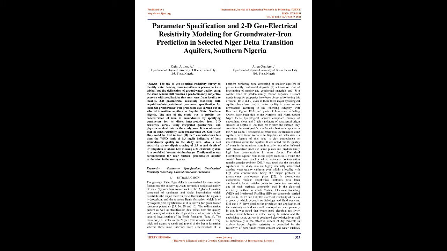Bayelsa State, southern Nigeria. The aim of the study was to predict the concentration of iron in groundwater by specifying parameters for its direct interpretation from 2D resistivity survey using integrated geoelectrical and physicochemical data in the study area. It was observed that an index resistivity value greater than or equal to 200 Ωm could be tied to iron, Fe2+,